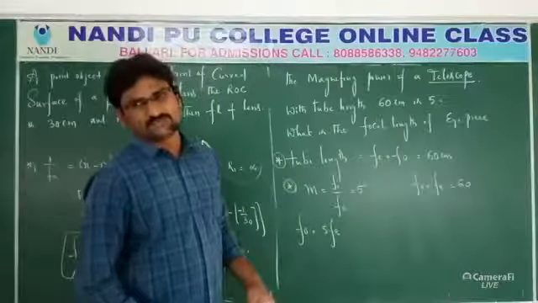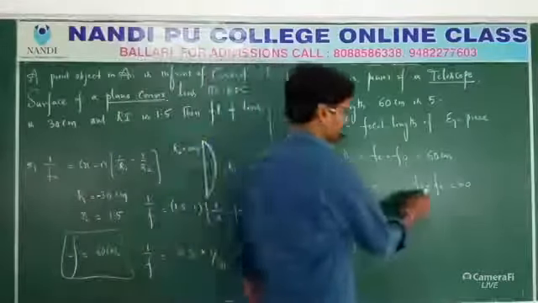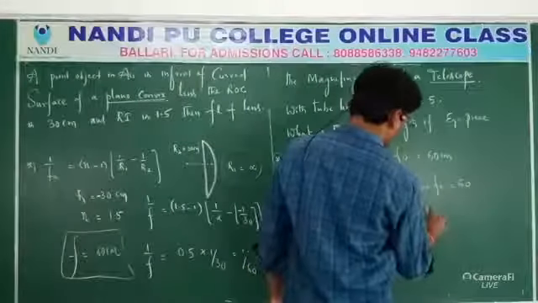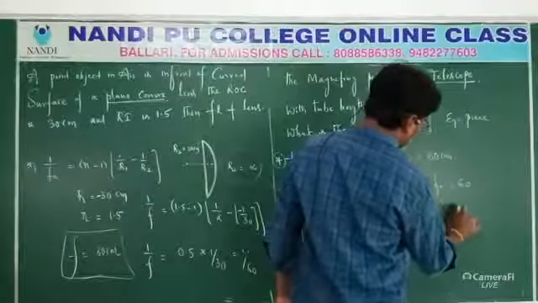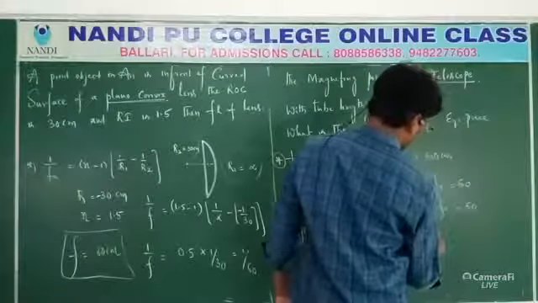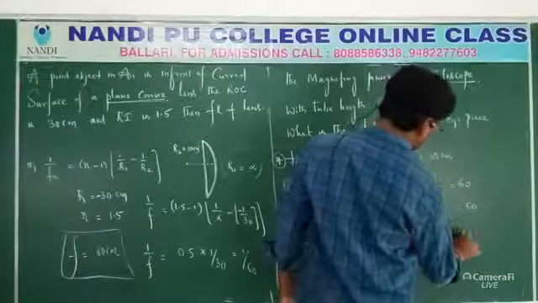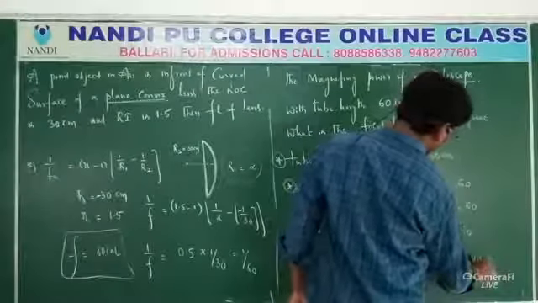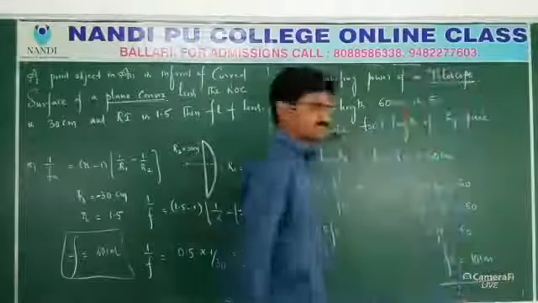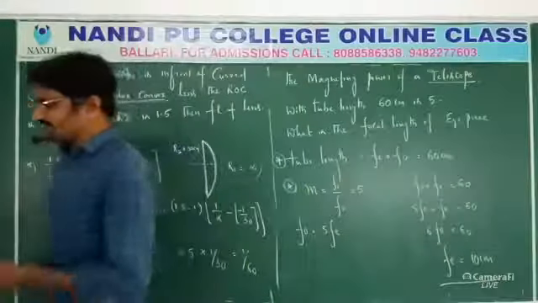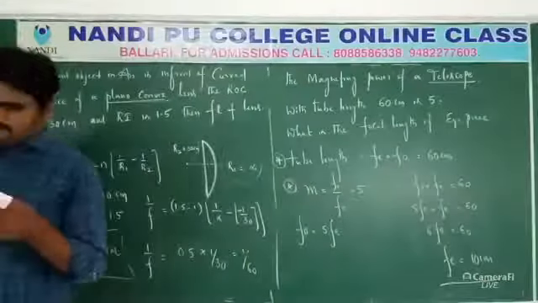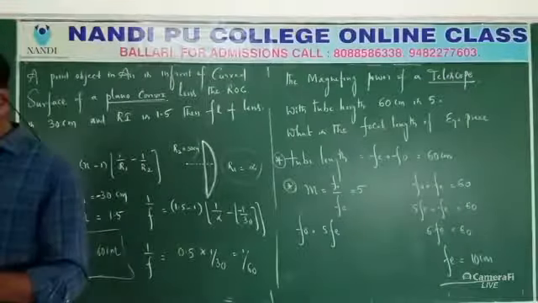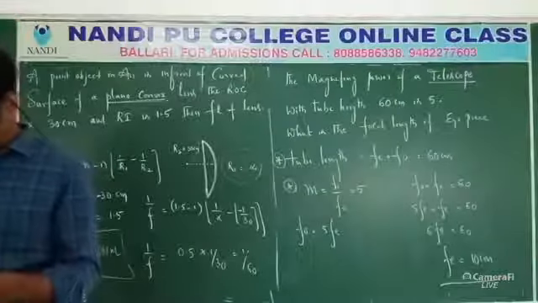It's a mathematical simplification. Fo plus Fe equals 60. Fo is equal to 5 Fe. 5 Fe plus Fe is equal to 60. Then 6 Fe is equal to 60. So the focal length of the eyepiece is equal to 10 centimeters, which is your answer. The focal length of the eyepiece is 10 centimeters.